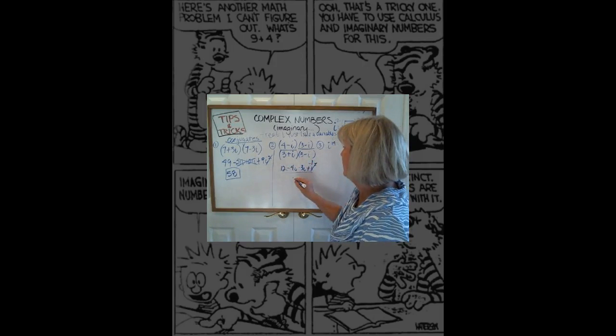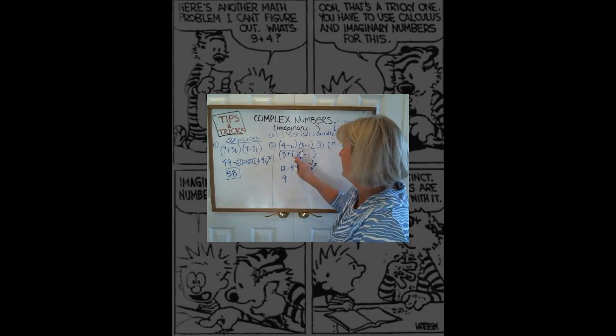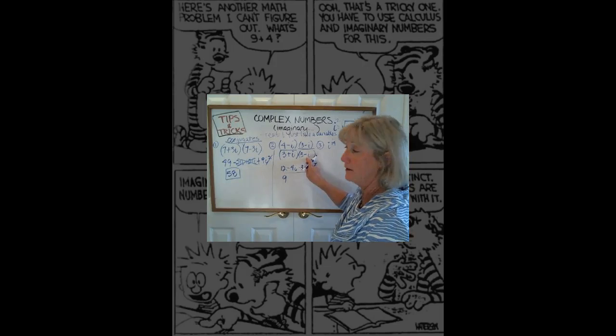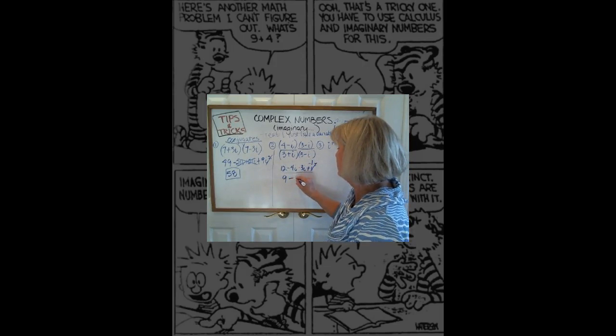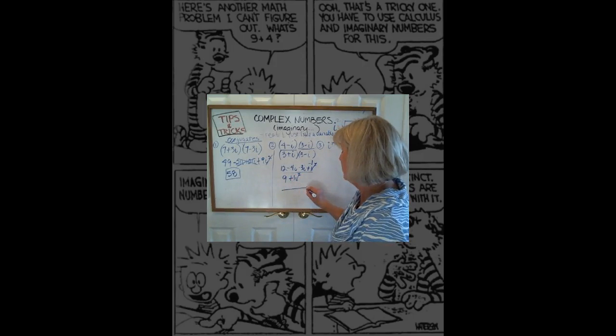So we have 12 and then just in the bottom we have 9, and then plus 3i minus 3i is 0, and then it's minus i squared, which is plus 1. So this whole thing is going to be over 10, and so this is going to be 12 minus 1, which is 11, and this is minus